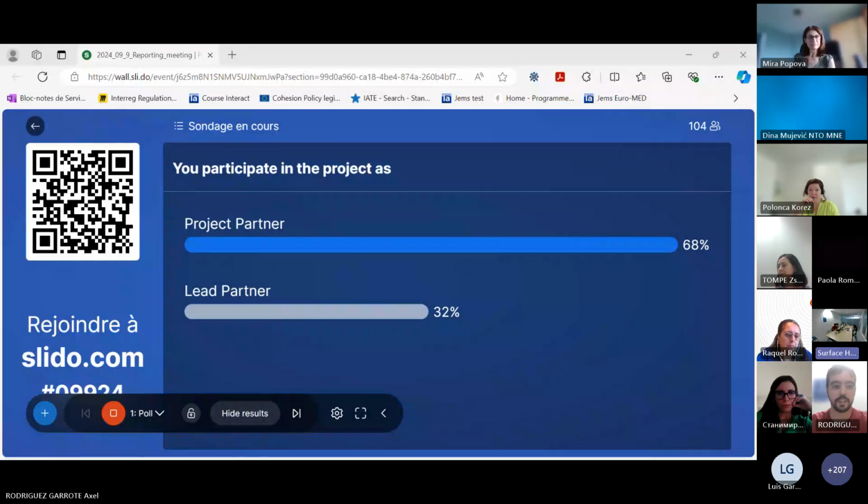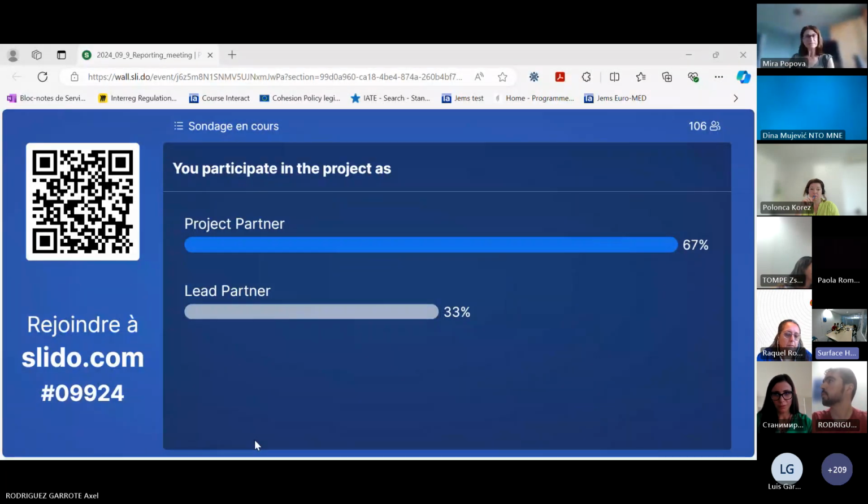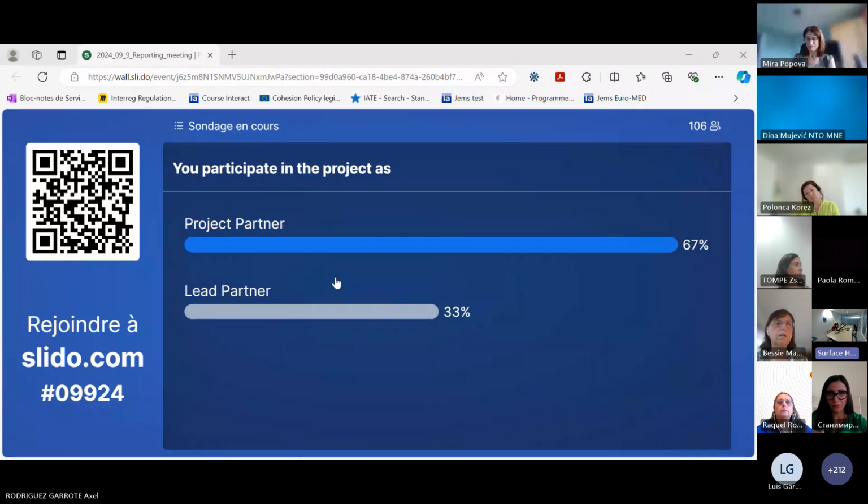So we can see, as expected anyway, that most of you are project partners, but there's a good number of lead partners. Almost everyone has replied, so I think we're going to pass to the second question.